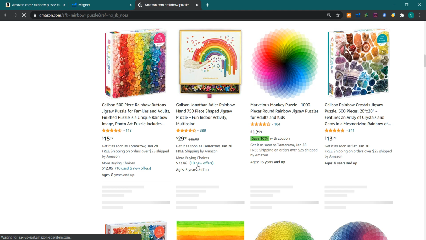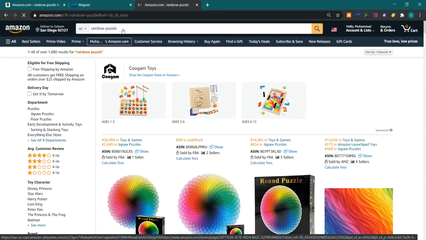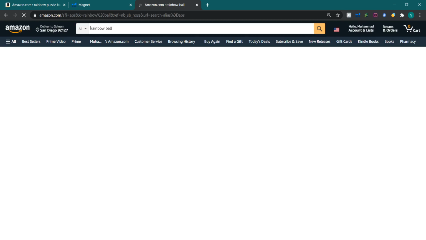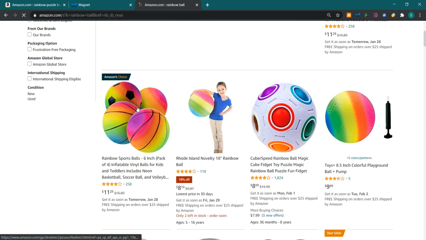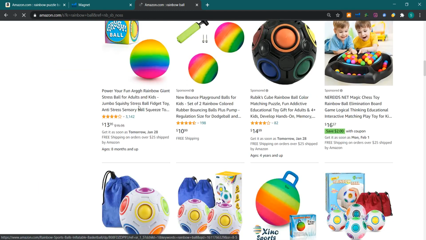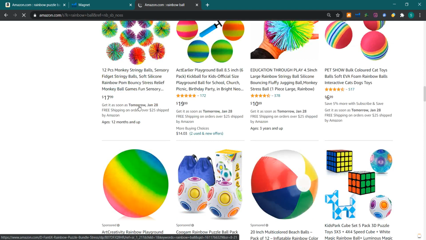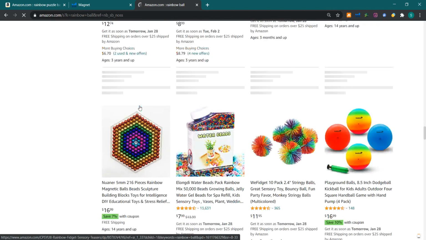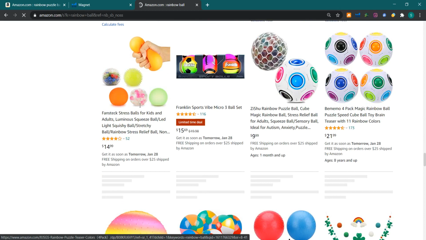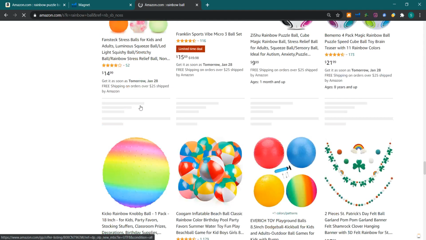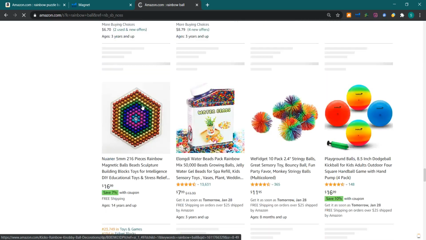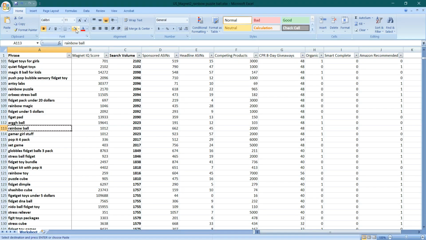Rainbow wall. It can be the same product as this one. So we will check it out. It is showing mixed results. It is showing our product as well as another product. So I can take it into orange.